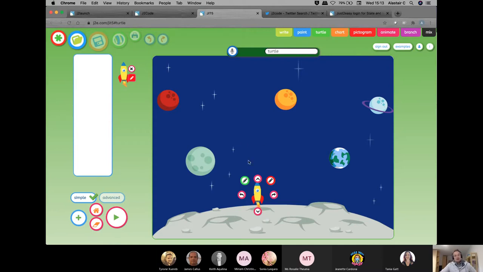The concept is that you have a sprite. Here is your sprite. It starts on the moon in this case. There are a wide range of command options where you can control the sprite, and you can also play the program, which is the algorithm that builds up at the left-hand side of the pane there.